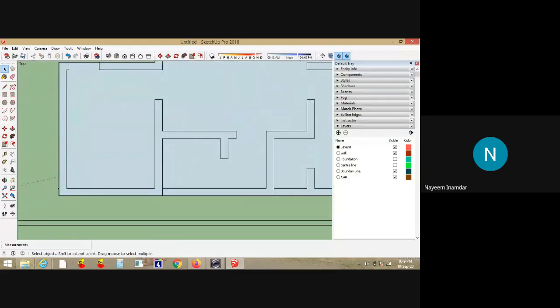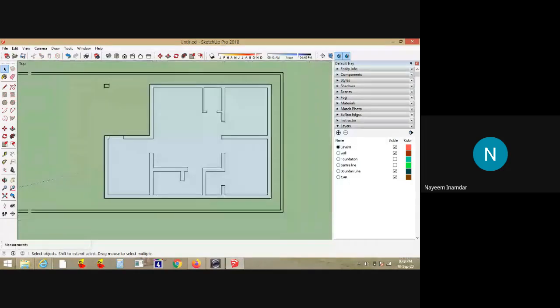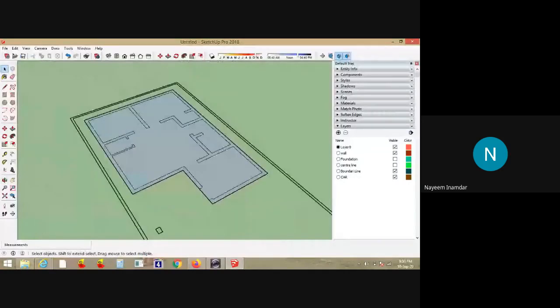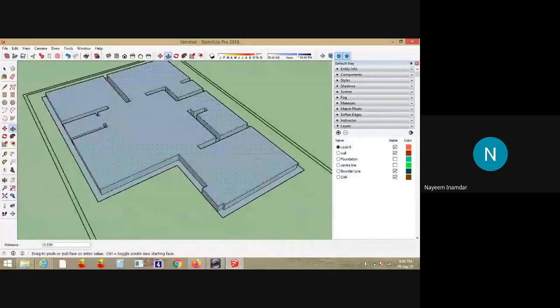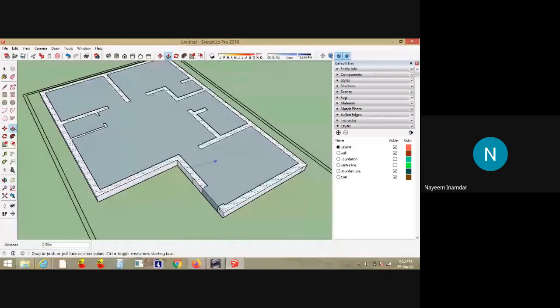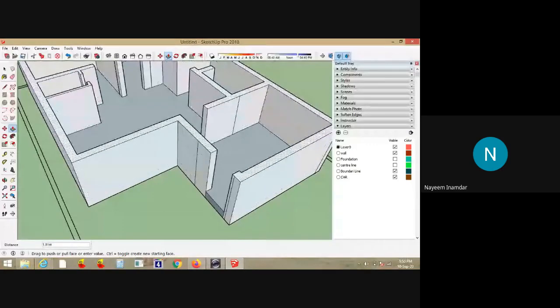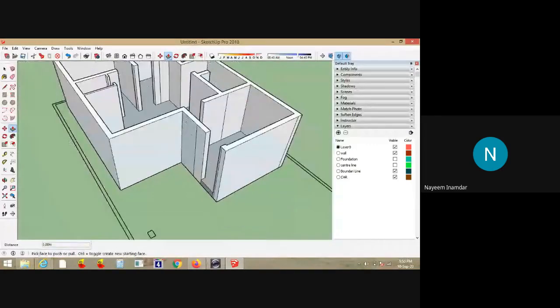Now I'll directly extrude the faces. I'll show how easy it is to import the file and make a 3D model. I'll just push pull. Since it is at 0.45, I'll drag all the walls for a height of 3 meters.